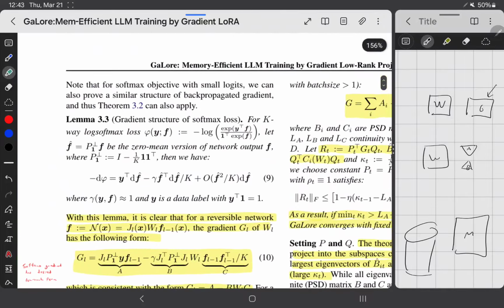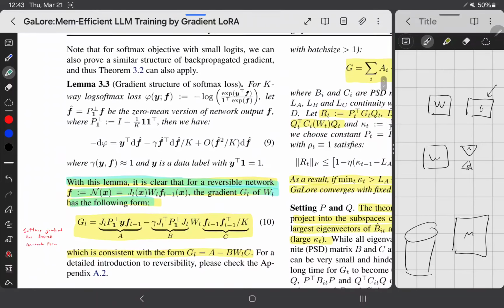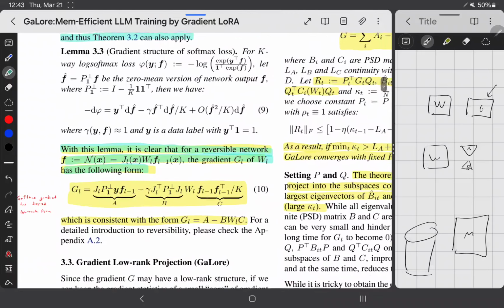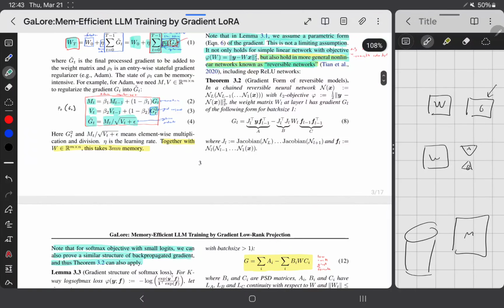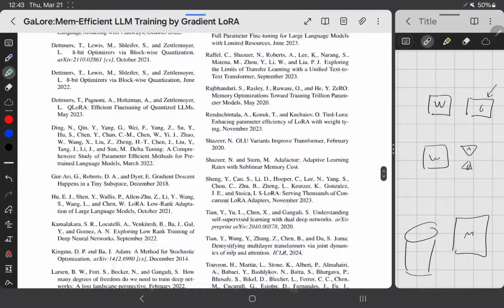If I go up here, they show with this lemma it is clear for a reversible network. The gradient is the following form, and this is the softmax. So they can prove that it has that structure. So it has the A, B, C structure, and it's a reversible network. So that's the assumption they're making. The assumption does not hold. They don't know if the assumption holds for